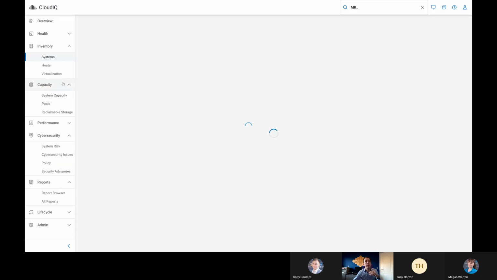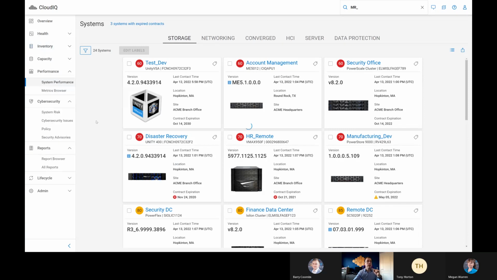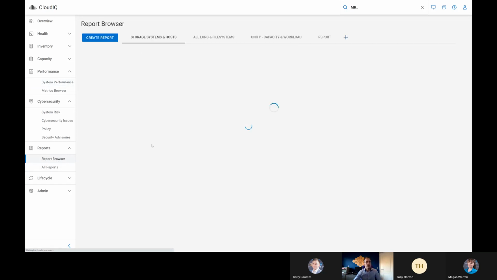I've got a global inventory view, which is more of a physical representation with a graphic. It also tells me the contract expiration date and the location. And as you might have guessed, we have a global performance dashboard as well, again showing us performance figures over the last 24 hours. But these might not quite do exactly what you want, so you're able to build your